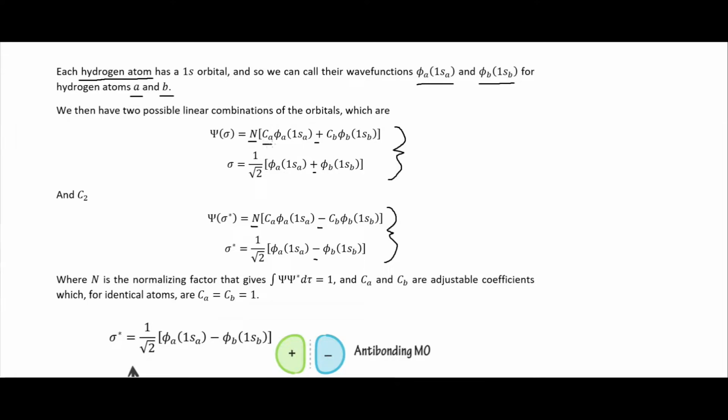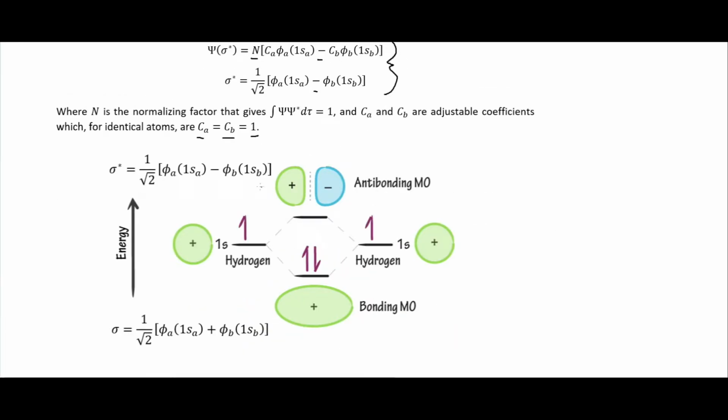And so these C coefficients here also, when we have two atoms that are the same, then these Ca and Cb will be equal to each other, and they will both be equal to 1. And so we can just assume those are 1 because they will both have sort of a 100% contribution to the molecular orbital. And so the one with the subtraction here gives us this antibonding orbital because, well, you can